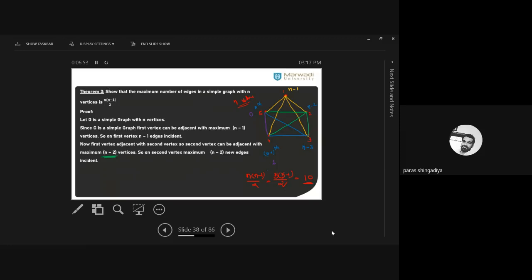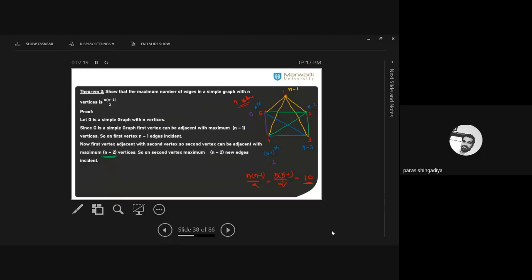Now if we add some more edges here, suppose that 5 to 4 को मैं connect करता हूँ फिर से, so it will create one parallel edge. Okay, if we add one loop here, that will create a 5 to 5 edge. So that is not possible here, because as per the statement we consider it a simple graph. So simple graph means it should be without loops, without parallel edges. ठीक है, उसमें loop भी नहीं होनी चाहिए and parallel edges भी नहीं होनी चाहिए. ठीक है, and you have to create a simple graph.